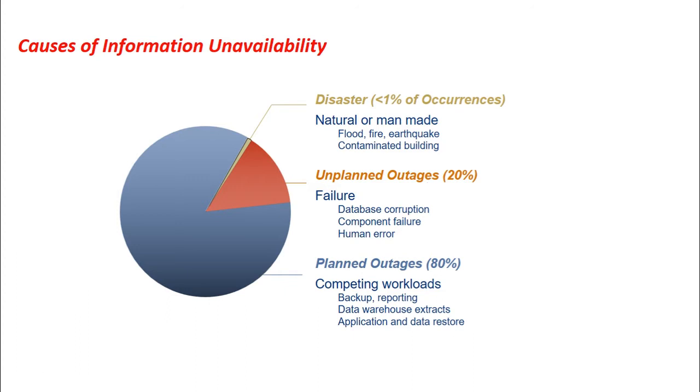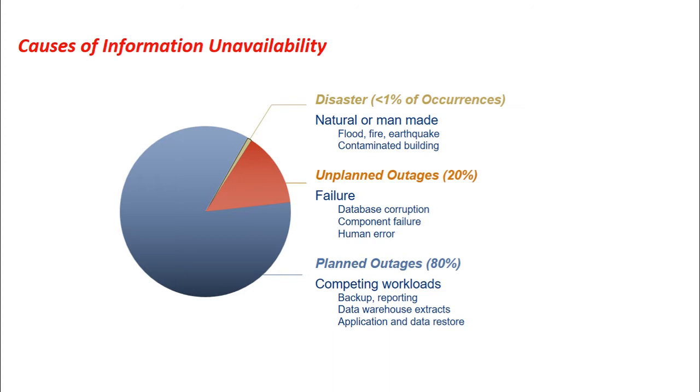Now let us see what these unplanned outages are. Unplanned outages include failures caused by human errors, database corruption, or the failure of physical and virtual components. Failure due to human errors: people may unintentionally shut down a system, or accidentally delete some data. Similarly, component failure: a server may crash, a hard disk may crash, the network may be down, the routers may be down, or there may be some unexpected power failure. All these are component failures, as well as database corruption. Data may have been corrupted because of some wrong processing of the data.